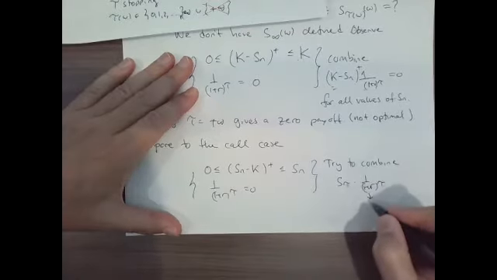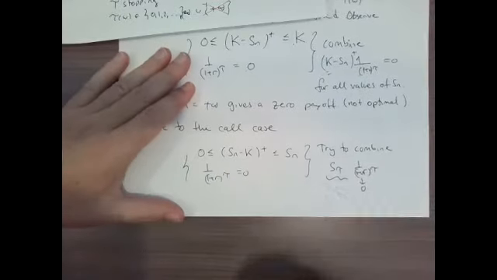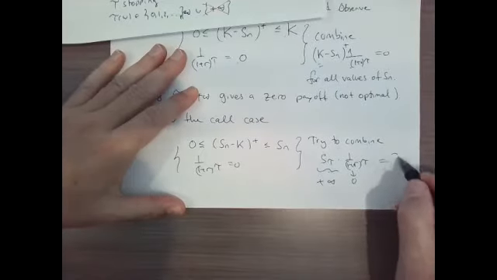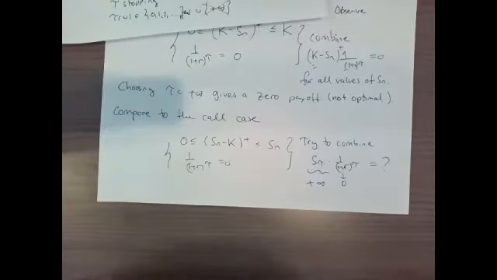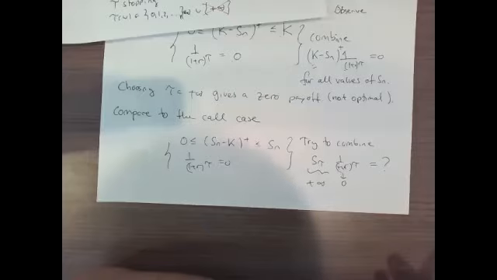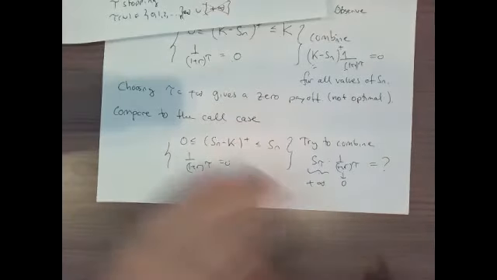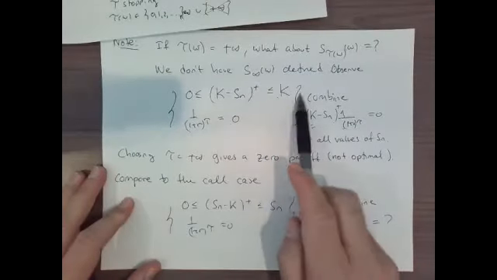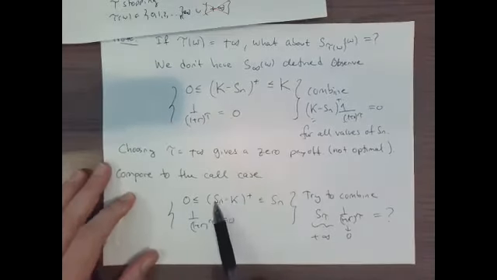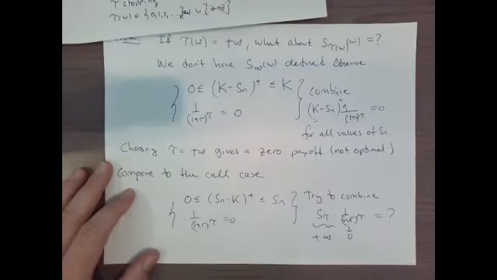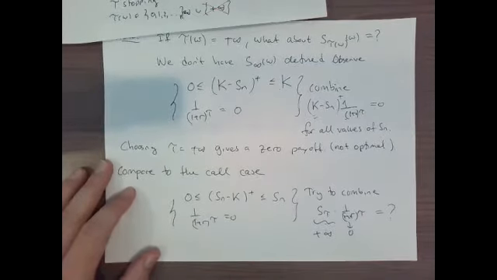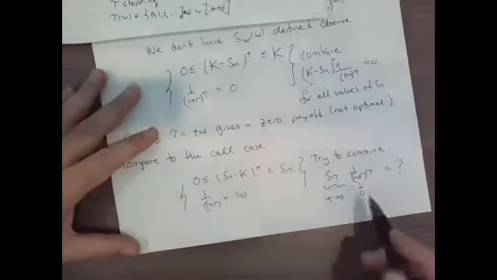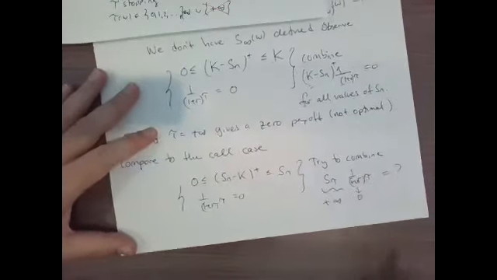It's true that this thing here is 0, but what about this one? Well, this one could be plus infinity. So then the product, you don't know what that is. So this argument we gave up here uses this upper bound. You will not have that upper bound for the call case, simply because 0 times infinity can be anything